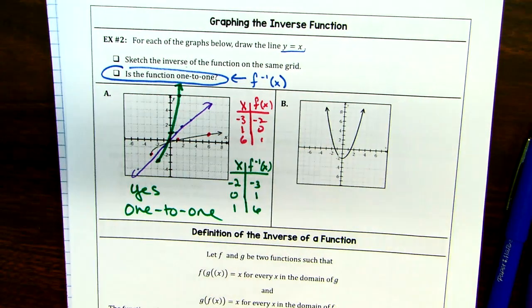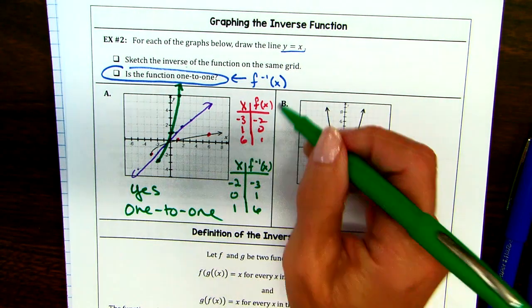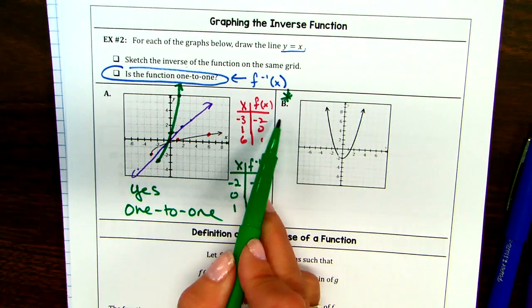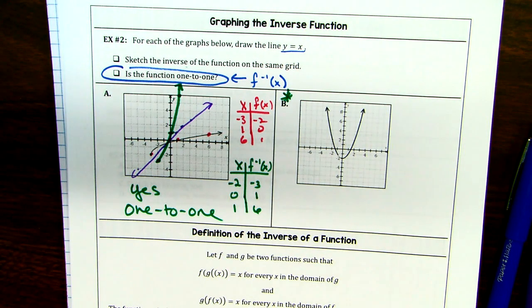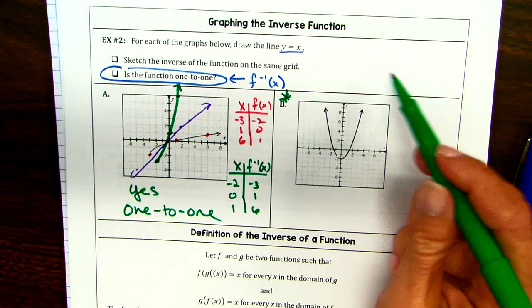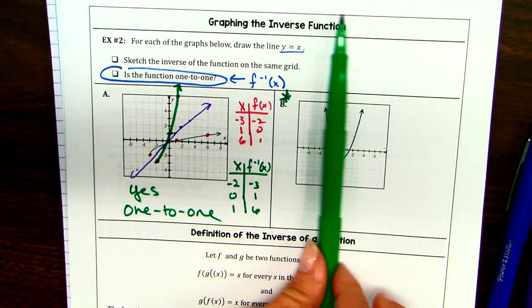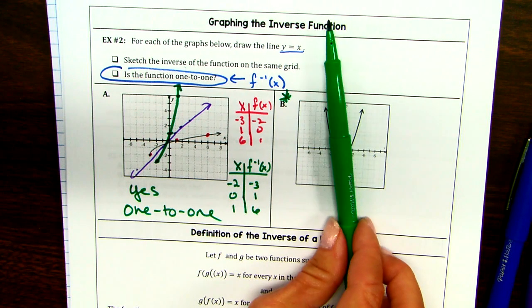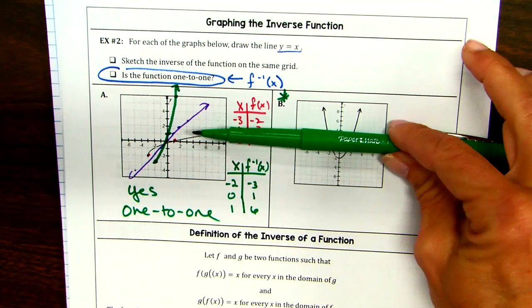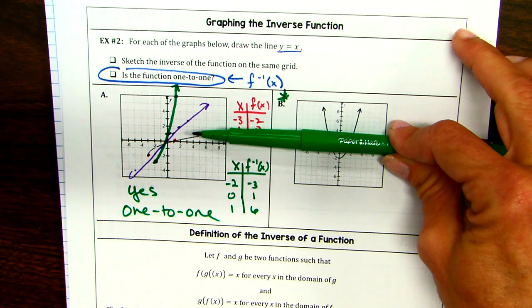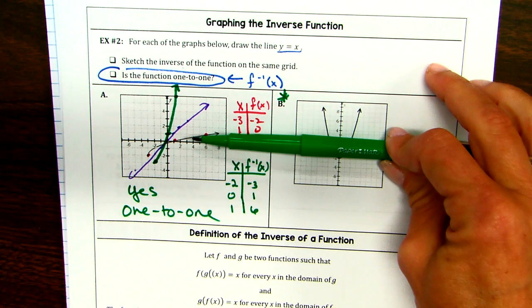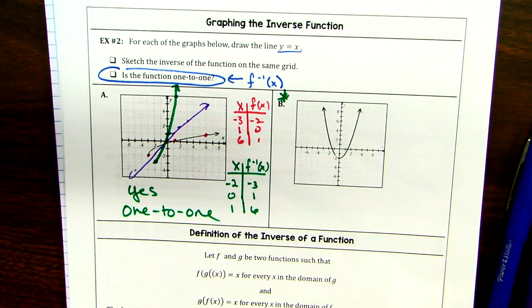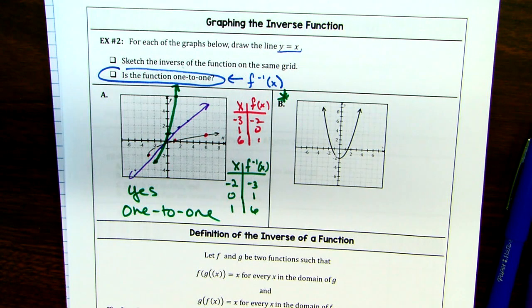This is a parabola. This is one we're going to talk about a lot, the quadratic parabolas. Okay? So the graph of a quadratic is called a parabola. So this is a function, right? It passes the vertical line test. Is it one-to-one? No, it does not pass the horizontal line test. We already know that the inverse is not a function. So just because it has an inverse doesn't mean the inverse is a function, okay? So